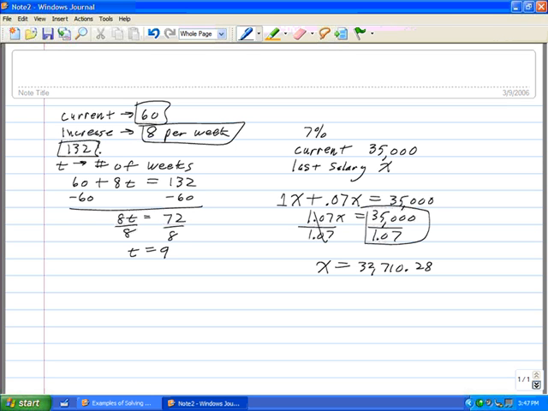So that is a basic example of how the percent increase works, and percent decrease works in a very similar fashion. Now let's look at one more application with percentages, and this time we're going to make it a percent decrease application. Let's say that Walmart has a 20,000 square foot store. This store is 12% smaller than the last store, and we want to know, well, then what was the size